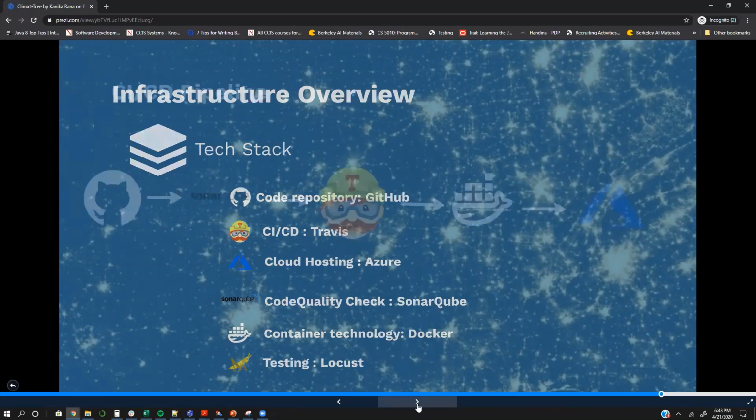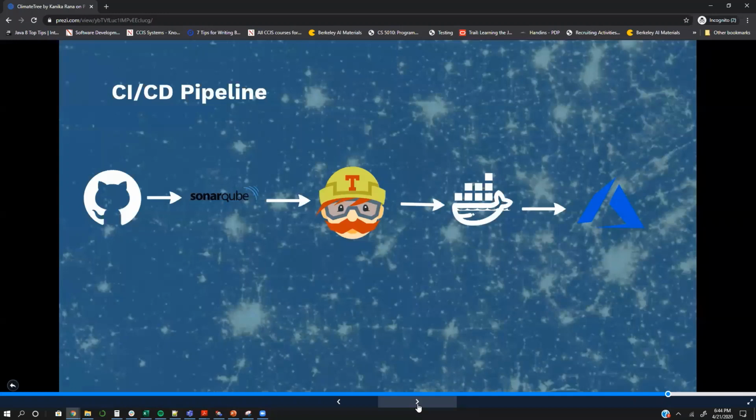So now I'll explain what happens when you push your code into Git and how it gets deployed. We have a few branches in Git, develop and master. We only deploy the code through master. Before that is deployed, there are a few things that happen. One of them is that whatever code is pushed to your branch should pass all the SonarQube gates. We have configured different gates for different repositories, for different microservices.